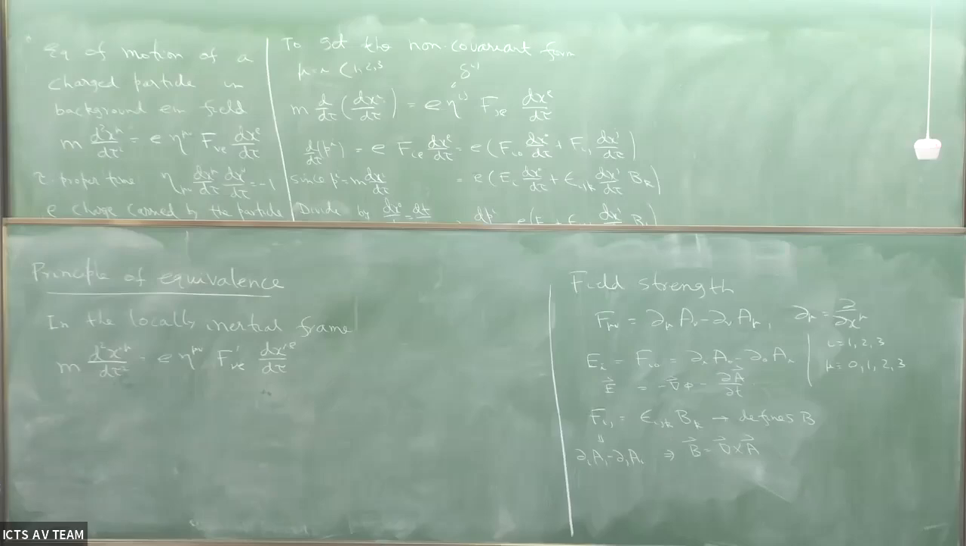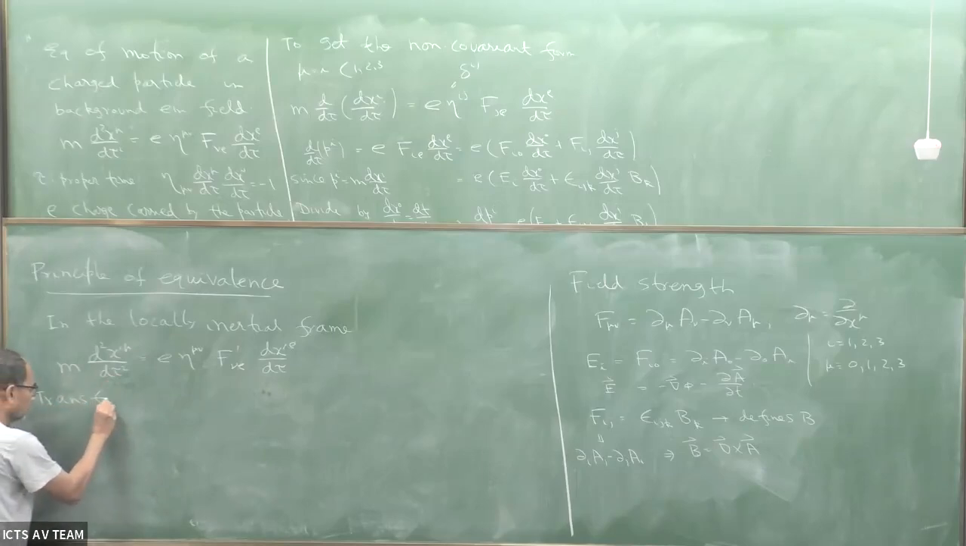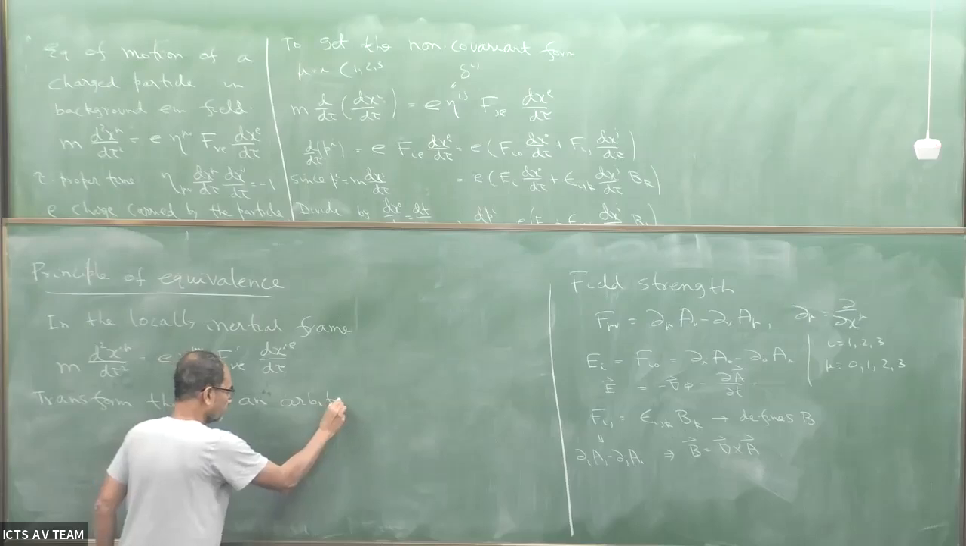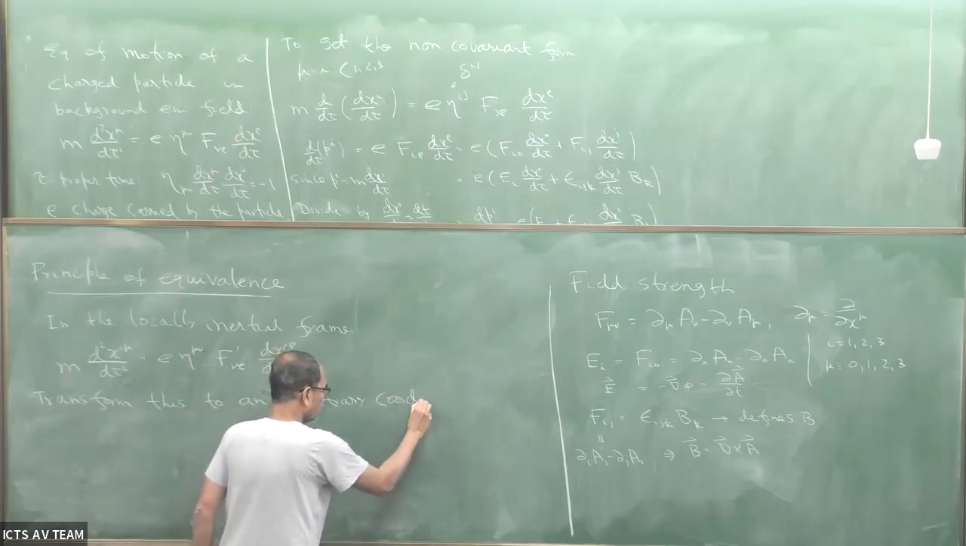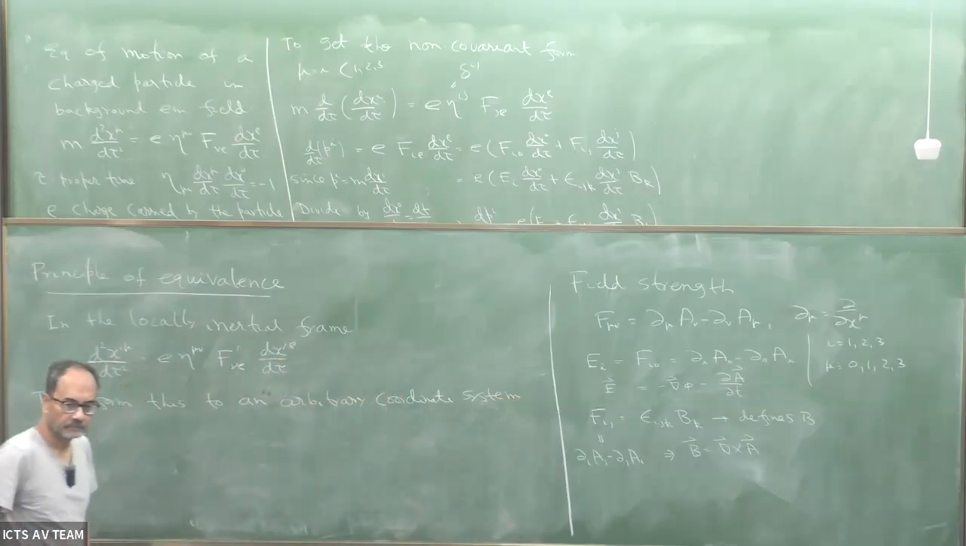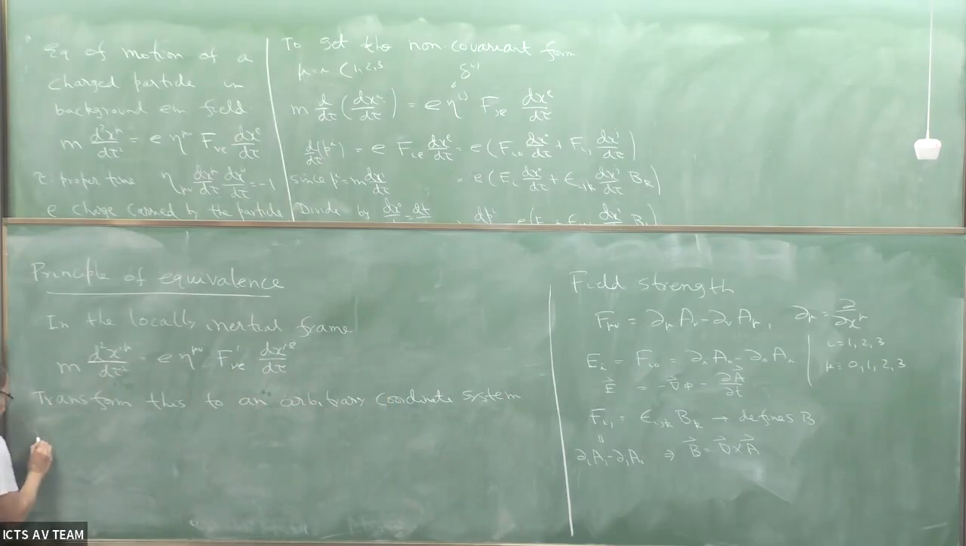Primes denote the local inertial frame. For general coordinates, I'll use coordinates without prime. So the goal is that we start from here and then go to an arbitrary coordinate system. Now transform this to an arbitrary coordinate system. Let's do it in steps. We write this as m d by d tau of dx prime mu d tau,